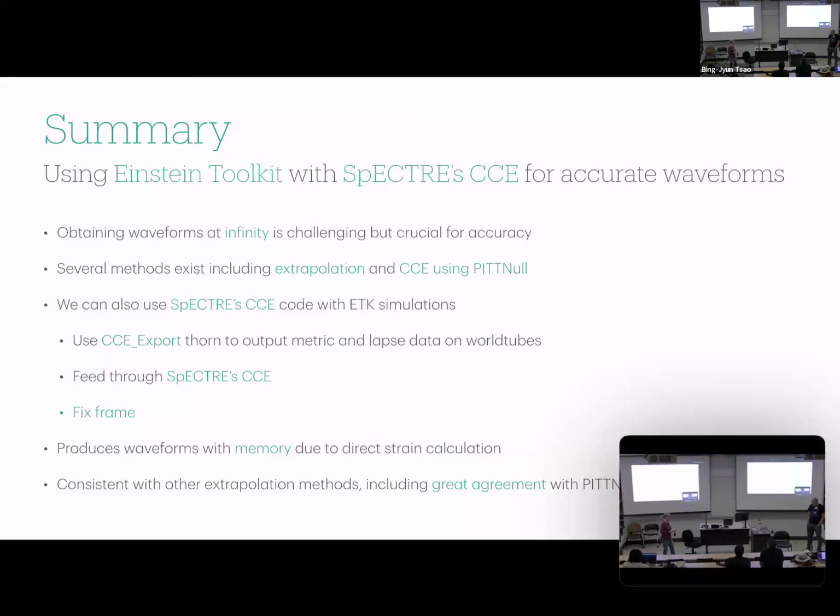In my thorn right now, it's just a fixed interval: if it is that iteration, then it dumps the data. In terms of actually feeding it into CCE, I'm not sure if they require it to be on a regular time interval or not. When you feed it in, the first column of the data is the time. So in that sense, it's not just assuming a fixed time step. I wouldn't be surprised if it can handle varying time steps. I've never tried.